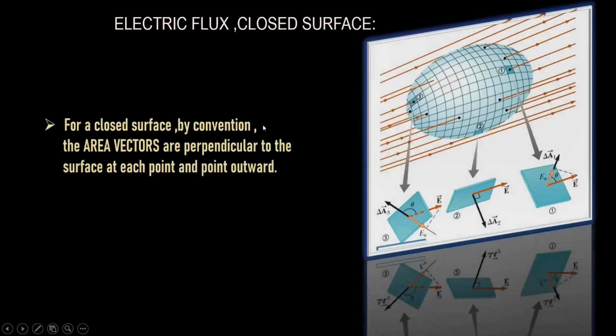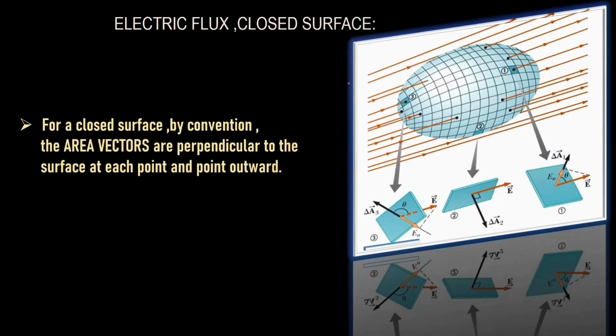Next, we will be dealing with the electric flux through a closed surface. Now we will deal with this particular situation: what will be the magnitude, or how the flux will vary, for a closed surface. We know that if we have a closed surface, as I told you earlier, it cannot be shown by a single area element, although the field lines are crossing through a closed surface in this particular direction.